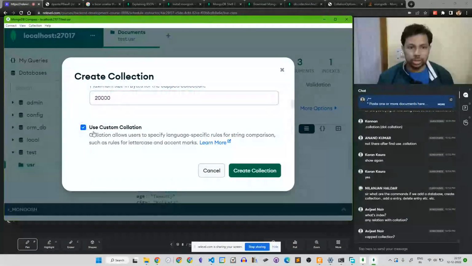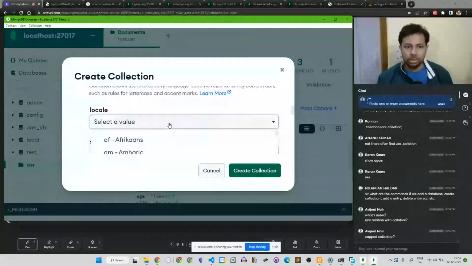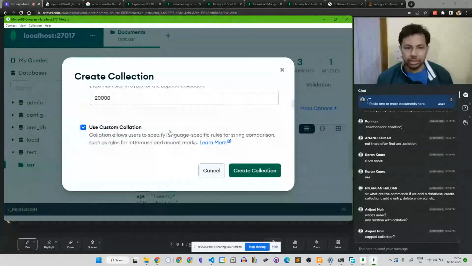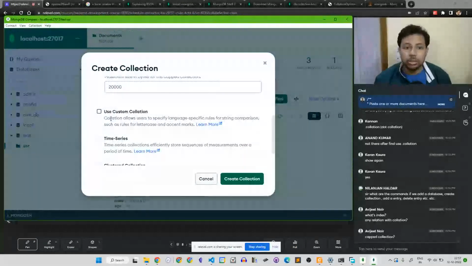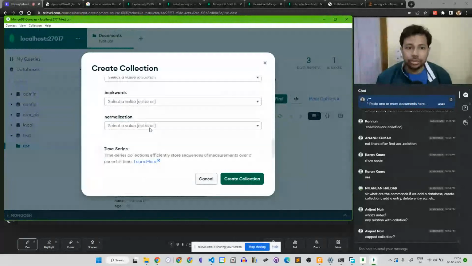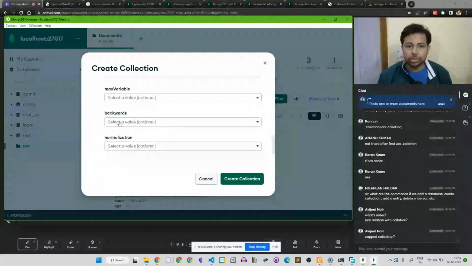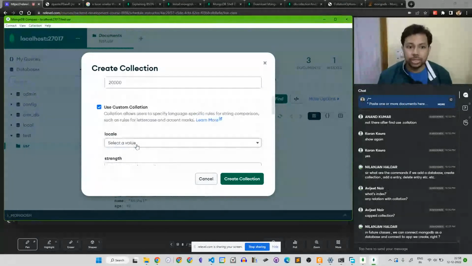Yeah, you can use custom collations also. You can use a locale. Here you can use whatever. So I'll just reduce the size. You can use custom collation while creating the index. You can decide all these options. You can decide what is the locale.